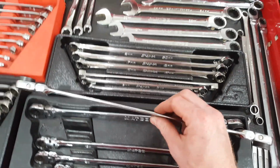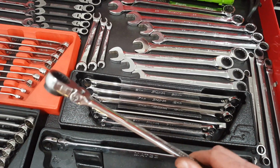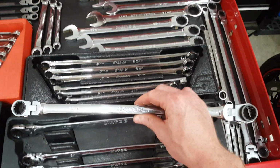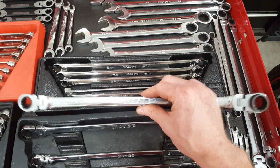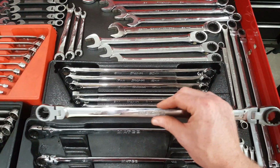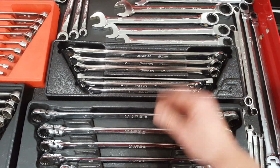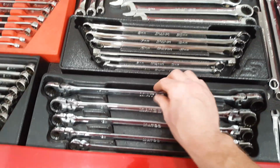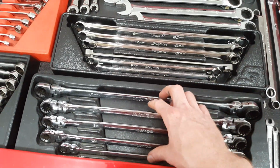Down here, same concept, just ratcheting and flex head, and they're reversible. And I did get the Matco brand on these. I know there's a lot of other brands. I don't know who they're made by, but there's a lot of other versions of these made by other people. And I just got the Matco because the Matco guy was coming around, and if one breaks, you can have it warranted easily. And I have not broken any of these, luckily, but my friends who have these same wrenches have,